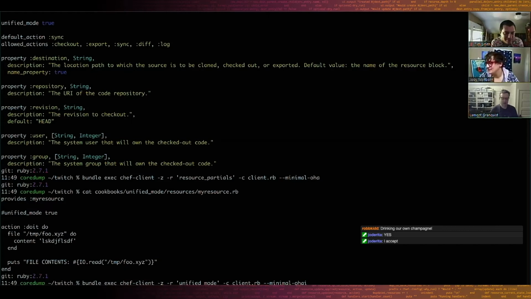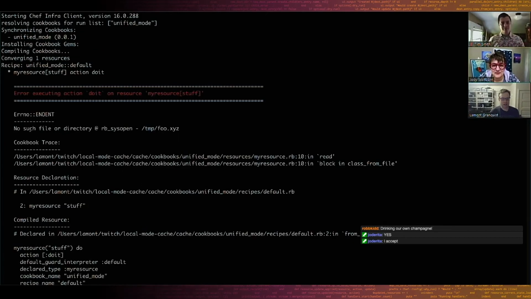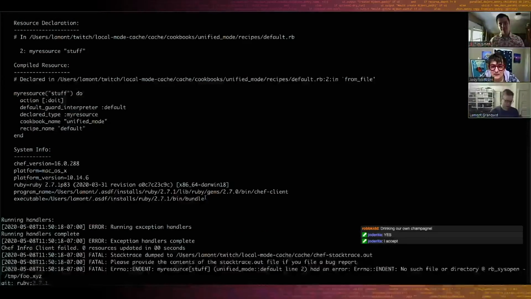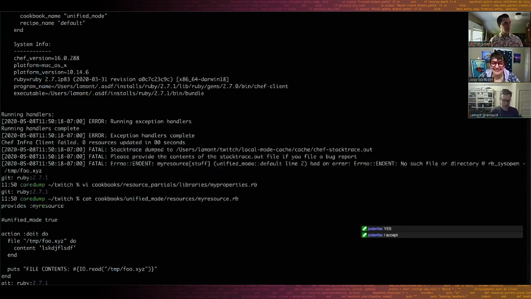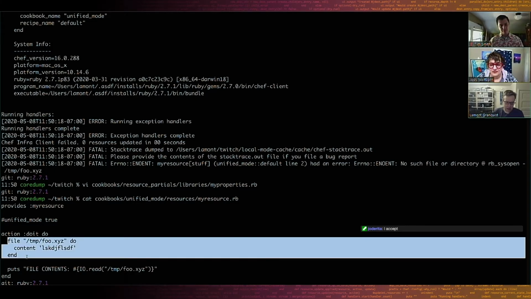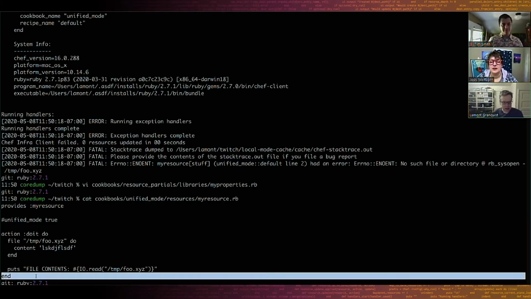And this fails. It fails with no such file or directory, you can't read that, at line 10 in read. This is the problem with compile converge mode. All you're doing the first time through is parsing this and creating a file resource in the resource collection. It hasn't run yet. Then you try to read it and it hasn't executed. The file resource doesn't run until you get down here and start the converge phase.